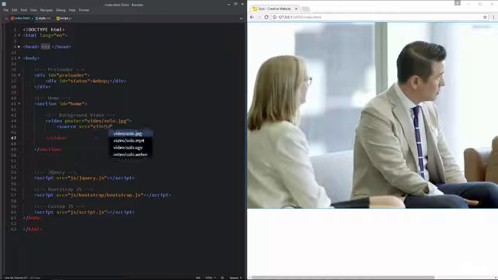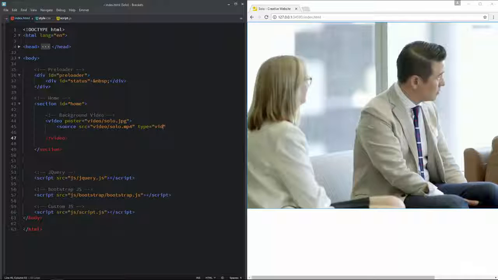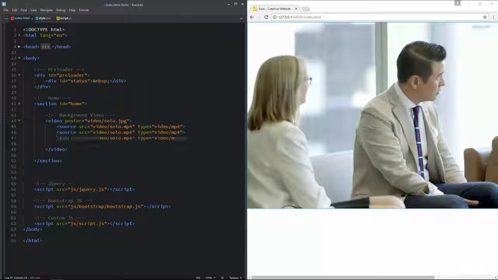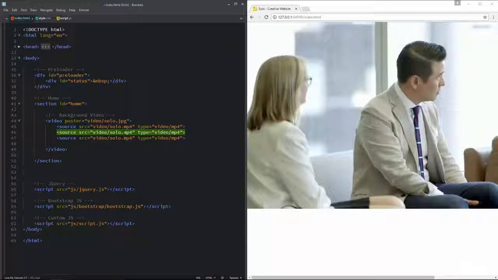So we have video folder. Inside this video folder we have solo.mp4 file. Next I'm going to define the type for this source, and the type is video/mp4. I'm going to copy this source and paste it right below 2 times. For this second source, I'm going to add OGV file format,